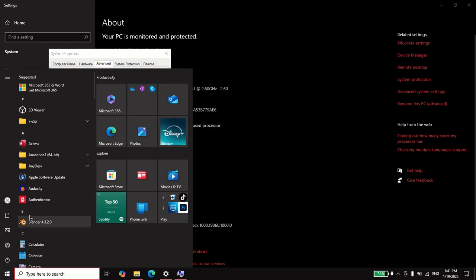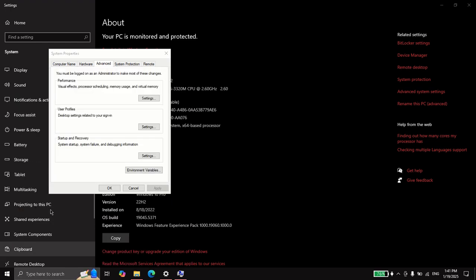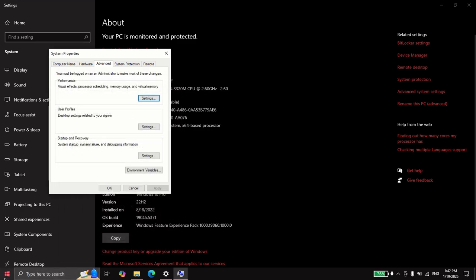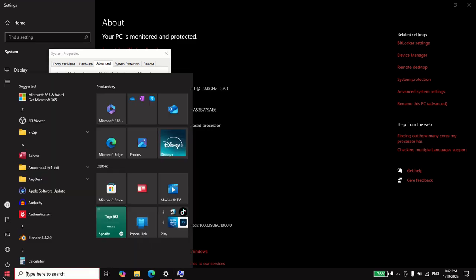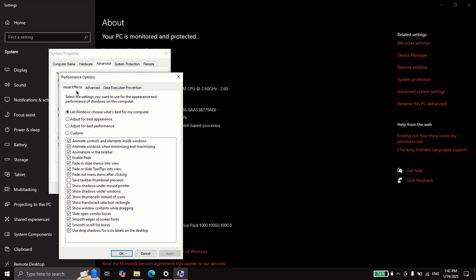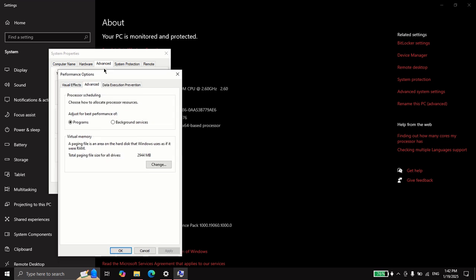Basically, this is going to remove all of the transitions and animations, but if you like, you can select the option that is best for my computer. So you click OK and you are going to see how it's working, but that is according to your preferences. Now we are going to select the system, click Advanced and